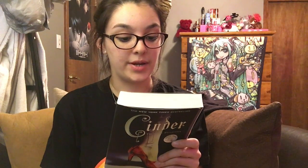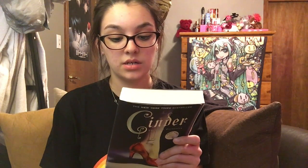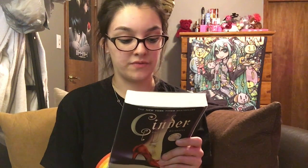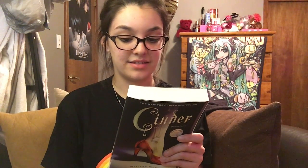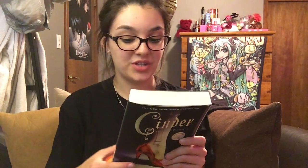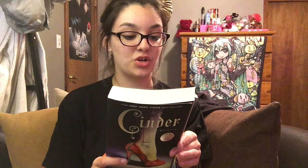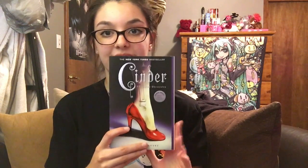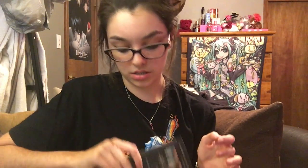She's a second-class citizen with a mysterious past, despised by her stepmother, but when her life becomes intertwined with the handsome Prince Kai, she suddenly finds herself at the center of an intergalactic struggle and a forbidden attraction. Caught between duty and freedom, loyalty and betrayal, she must uncover secrets about her past in order to protect her world's future. Because there's something unusual about Cinder, something that others would kill for. So, that's what that's about. Can't wait. Second book is...